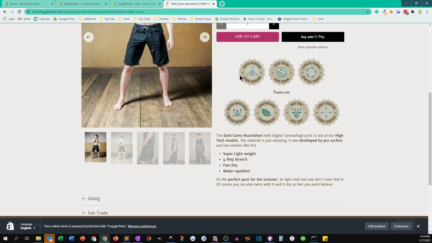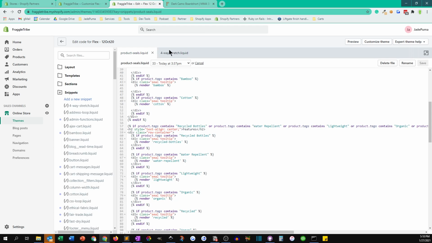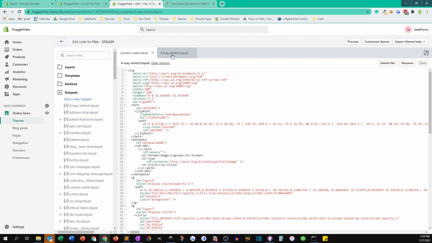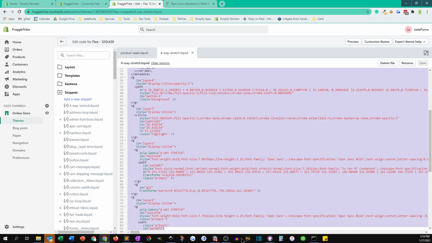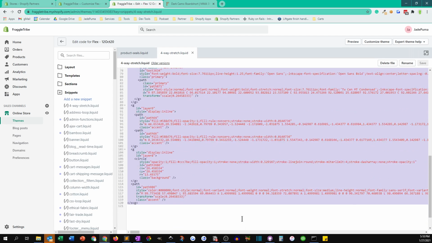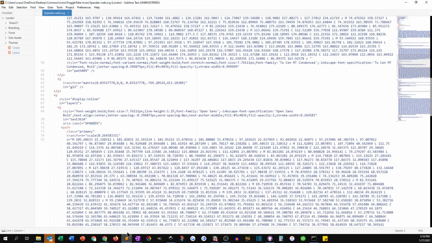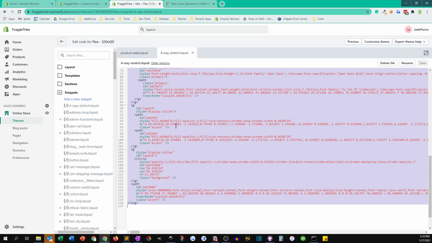So I created these as SVG files, and each one of these SVG files is a text file that's embedded in your theme. So here, for example, here's the theme editor, and 4-way stretch. This is the liquid file that I created, added to the theme, and it's just that SVG text file in there, right? So I just copied it, like you saw a second ago in the text editor. I copied all this and dropped that into a liquid file inside the theme,